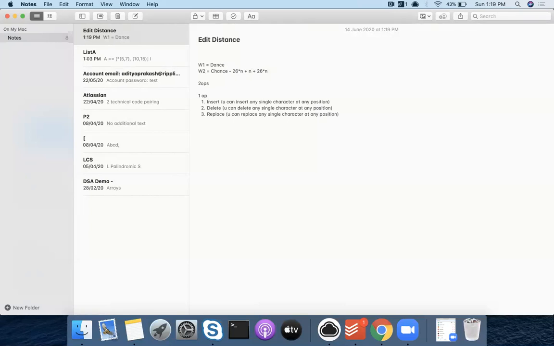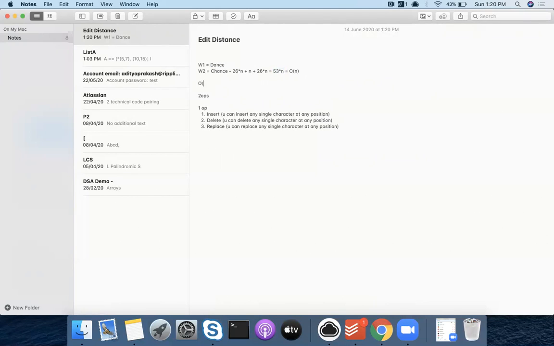So at every step, we have 53 times n, which is order of n. At every step for one operation, I can generate order of n strings, right? And I will match if it is the same or not. And for all of those n strings that I generate, again, I can do one operation and see if it is matching. So you're getting it, right? So basically for CHANCE, I generate all of these 53 into n strings. And for all of these 53 into n strings, I will again repeat the same procedure and keep going until I get a match of dance. And this will definitely solve this problem.